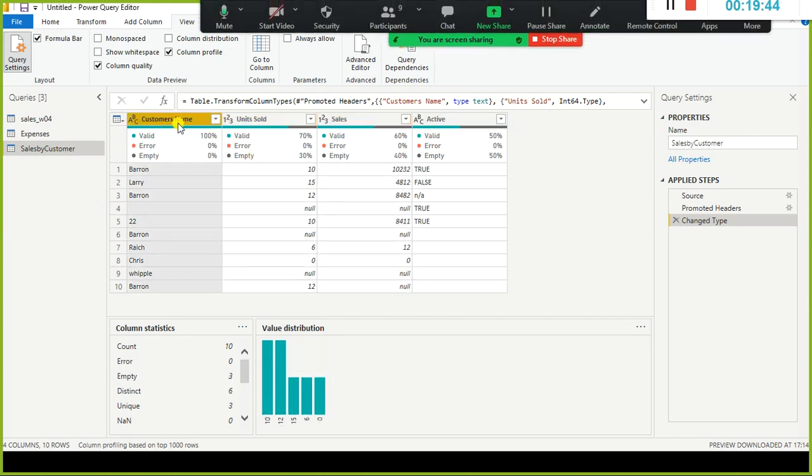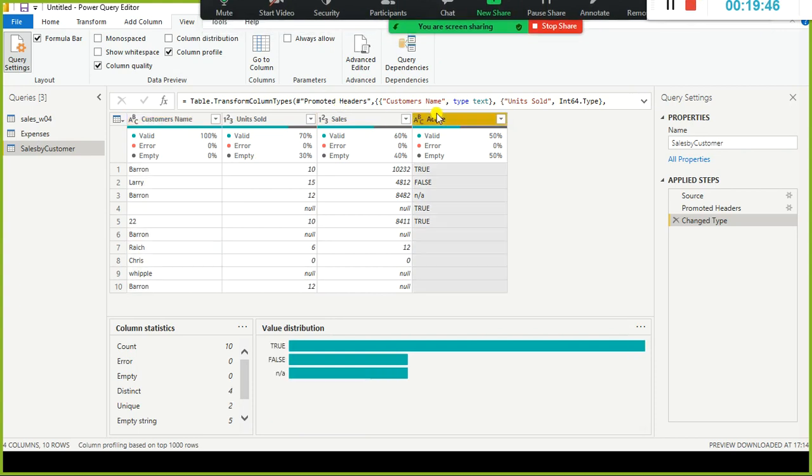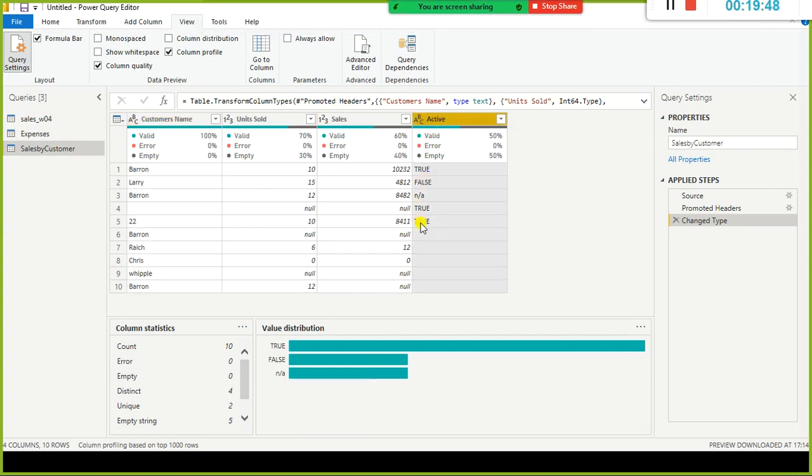Okay, now let us look at this one. It shows the count is 10, error is 0, distinct is 4, unique is 2. Distinct takes the blank values into account also: true, false, NA, and blank values, 4 of them. Unique is 2. So which ones are unique here? False and NA.